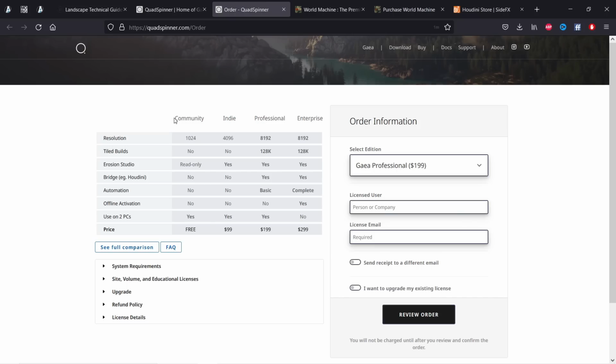You actually have the Community edition that is free, and it's very generous. They allow you to export 1K terrains, and the Indie one allows you up to 4K, the one I have. And the next one, of course, allows much bigger terrains. Okay, so